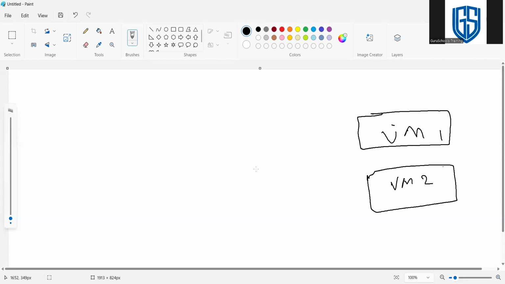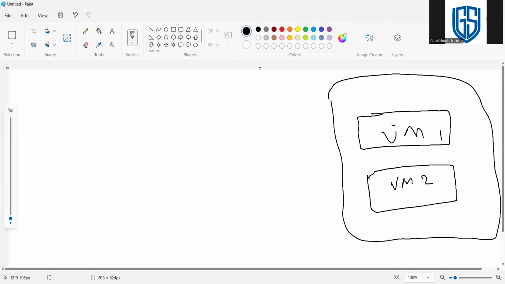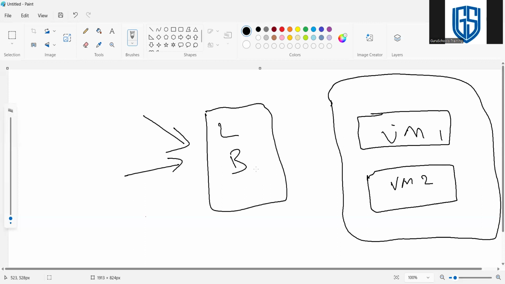So this is VM1 and VM2, which we created within a target group. And here we configure the load balancer. So the incoming traffic hits like this. For example, popular applications like e-commerce applications, Amazon, Flipkart, get n numbers of requests at a time, right? So they created the load balancer, and the load balancer distributes the traffic to the corresponding machine. In this case, if one machine is down,